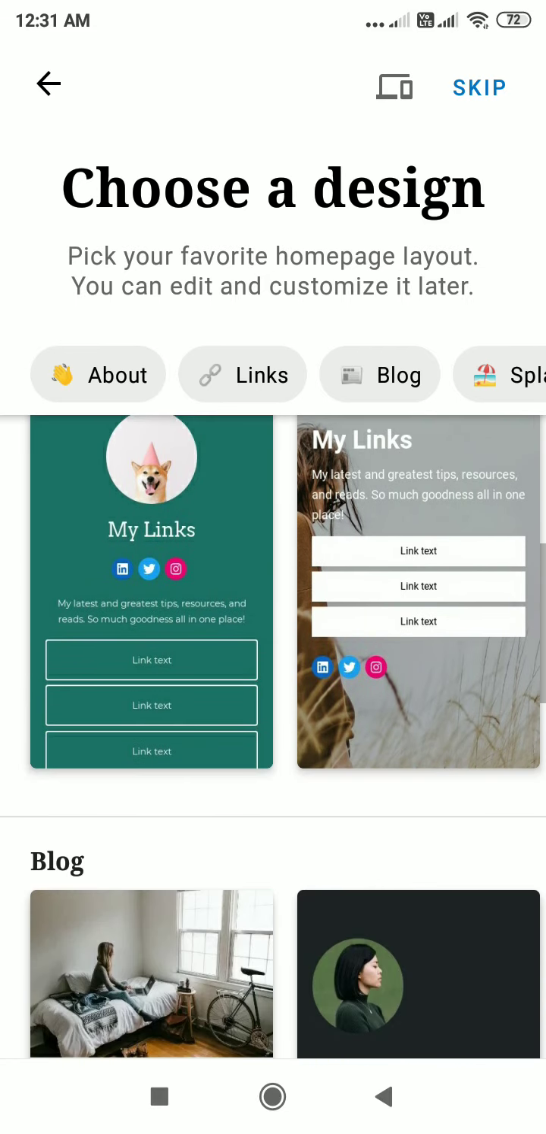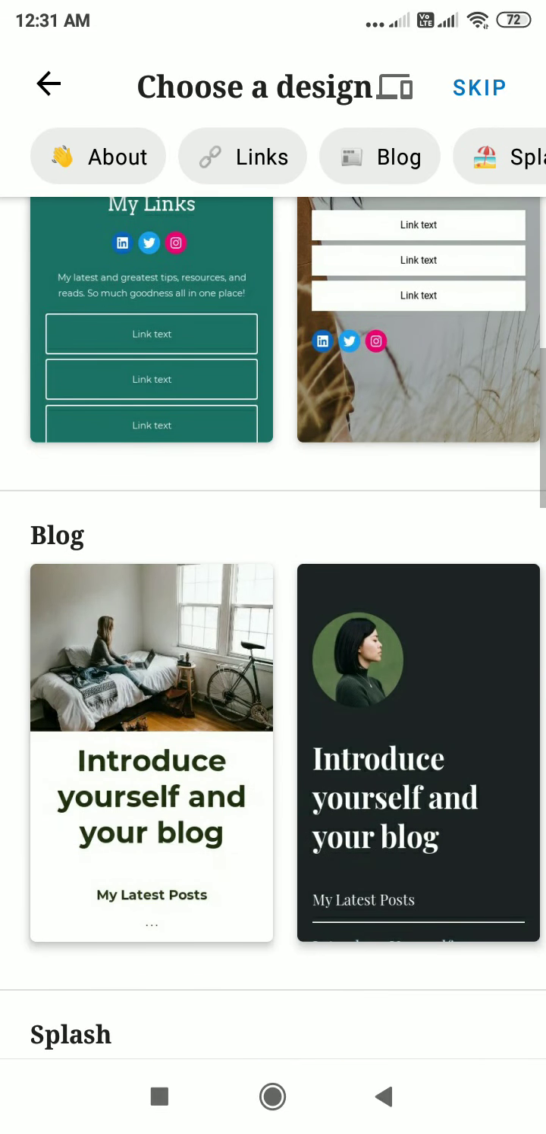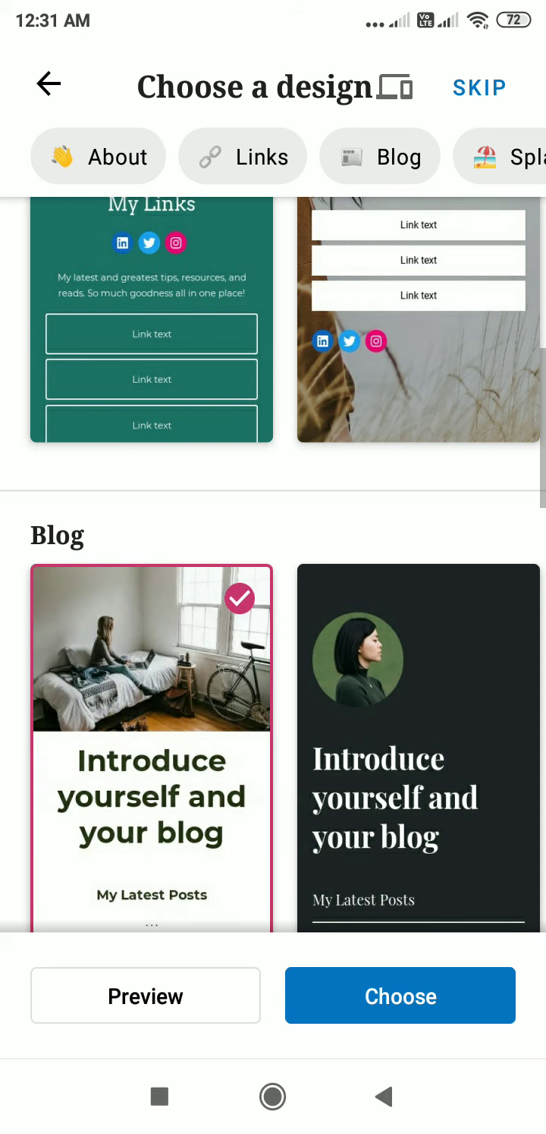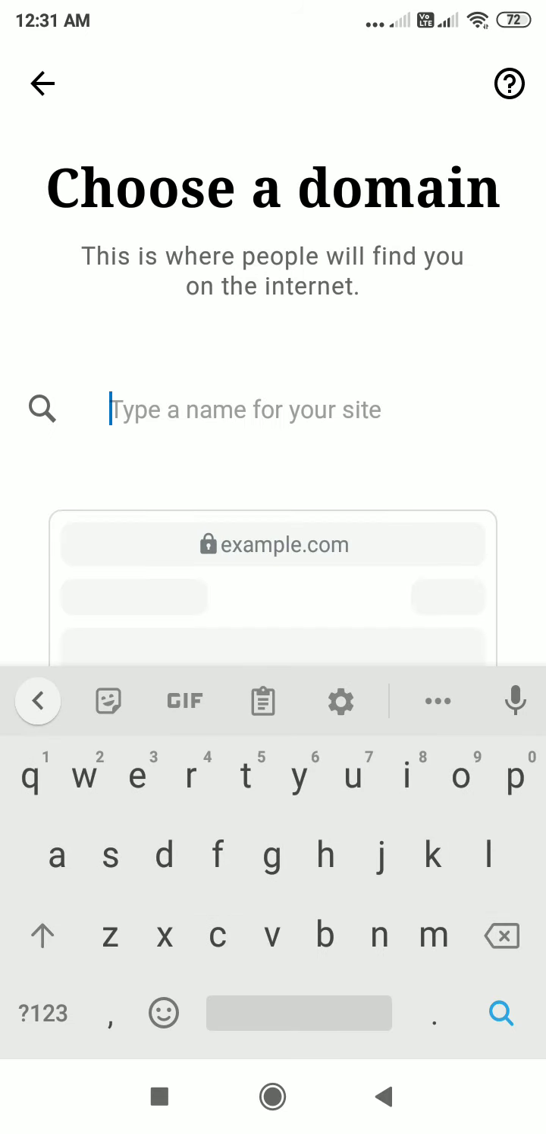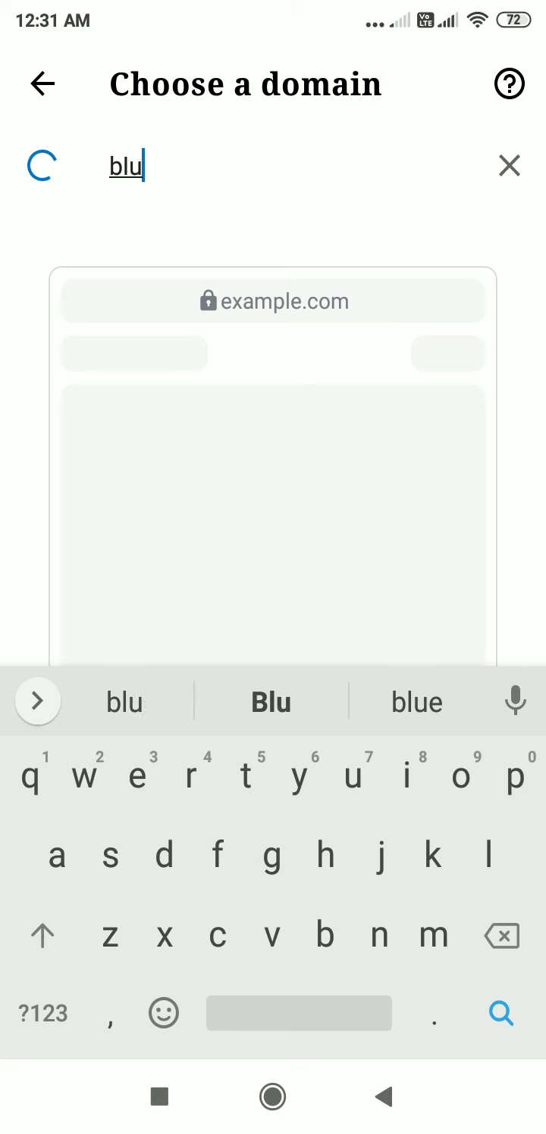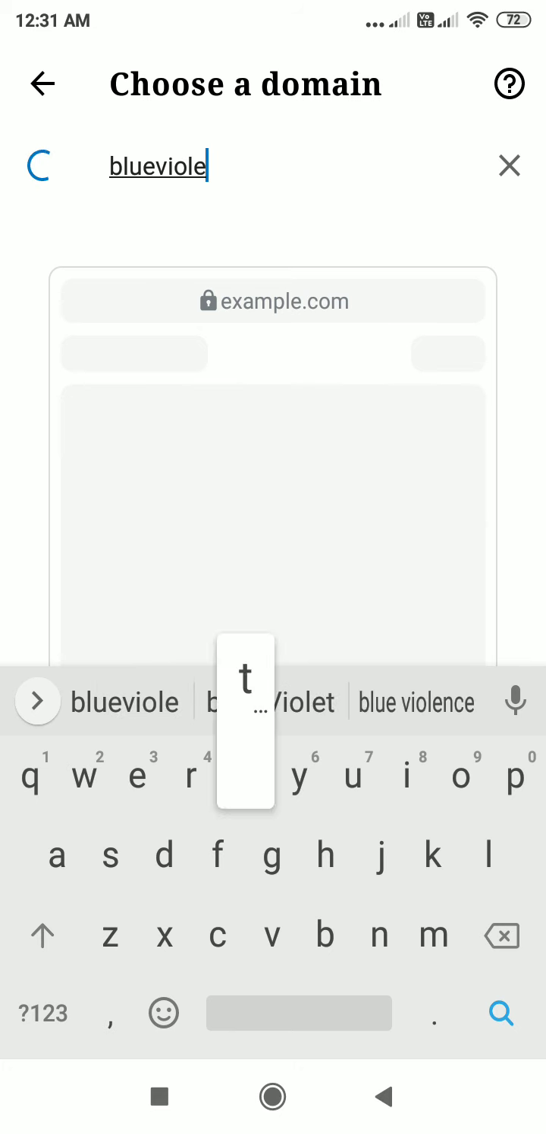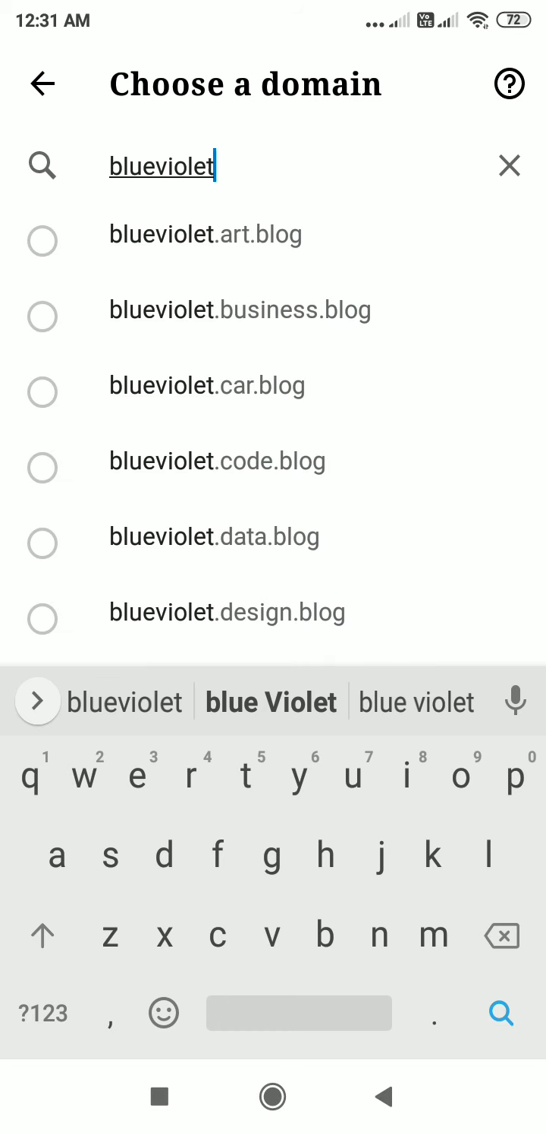And here I just pick a blog design. I select this and touch choose to choose the design. Next, I choose a domain name. This time I like to try to get this domain name for my WordPress site,